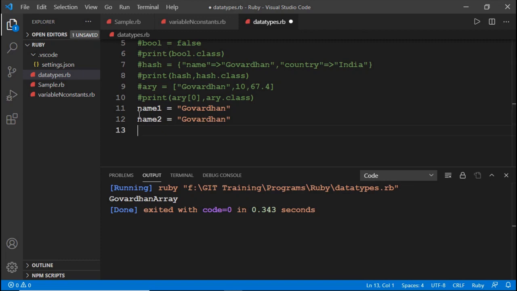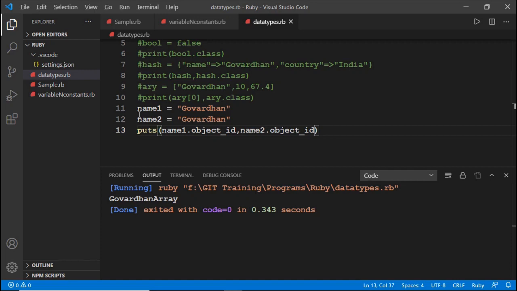Now let us check the addresses of these two variables. To print the addresses of variables, you need to use the object_id method. So name1 dot object_id, and similarly name2 dot object_id.